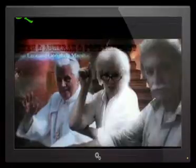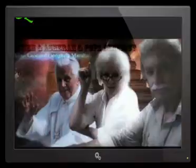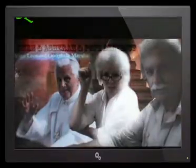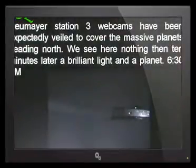What I'm going to show you here is evidence of gigantic planets and axis tilt of the Earth. Over the last 4 days, today is the 2nd of October, and for 4 days I've blanked it out altogether. We can't see anything from 3 different stations. This is Neumeyer Station, 3 webcams, and as I said, they've been unexpectedly veiled over to cover the massive planets